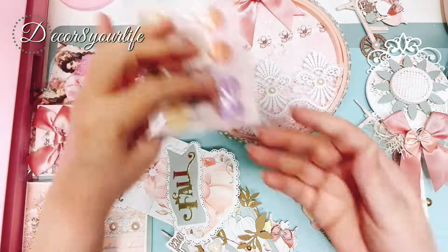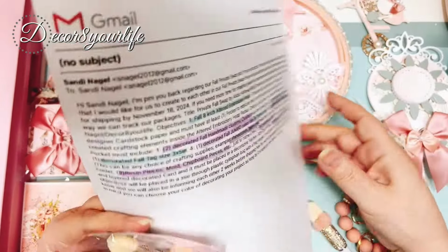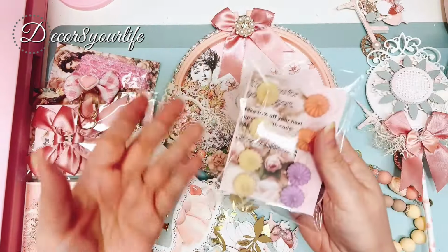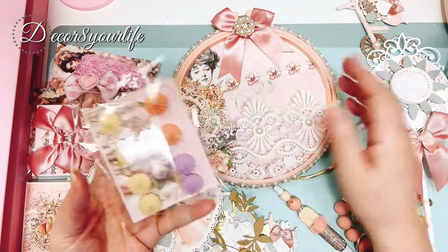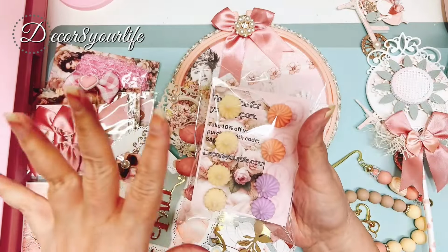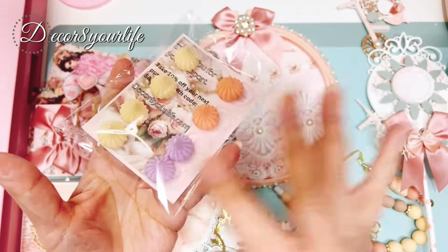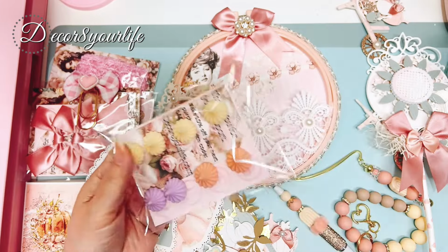Like, for example, part of our swap was resin pieces, mold or chipboard pieces. So I went ahead and, you figure during November, December, what do you do? Because see, this is not a Halloween swap. This is a fall swap. So you bring out the goodies, like the bonbons and whatnot to eat. So that was my thinking behind these Hershey's Kisses. They look like Hershey's Kisses, but they're actually made of